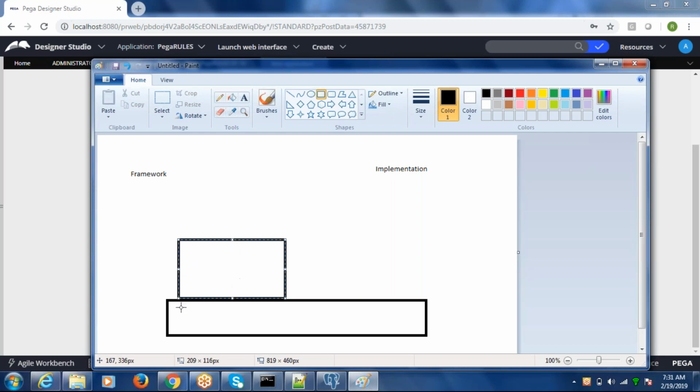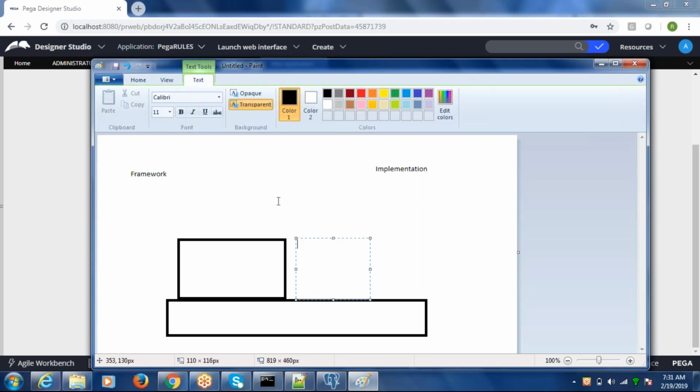So this is a framework where you give a common behavior, and in the implementation it will be a specific behavior for the client. This may be used by one client, and there could be another client who will use the same template and define their own customization.